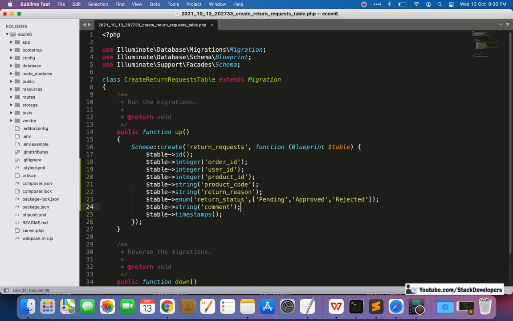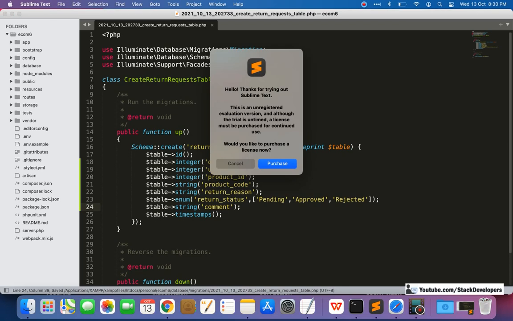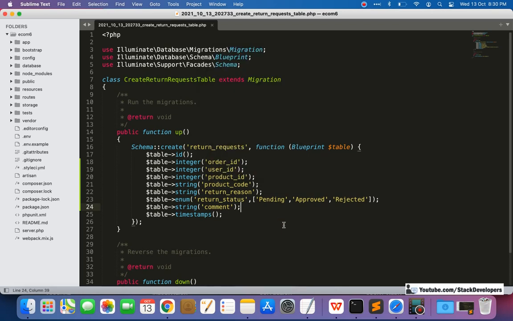Comment we will also add. So you can see the order ID, user ID, product code, return reason, return status, which can be pending, approved, rejected. And one more field we have added, that is comment. The user can give the comment.